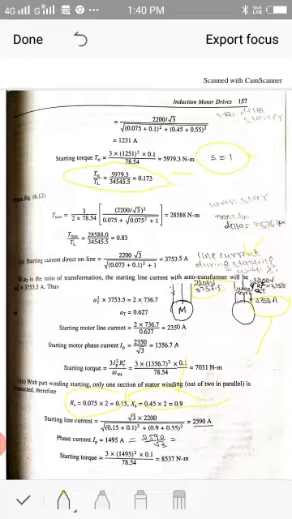Here the motor is directly connected in delta winding, only part winding is used, but it is connected in delta only. Okay, so I am going to get the current as 2590, and you need to be careful here that during starting only one winding is connected, so RS and RR dash values are going to change here. Okay, so this is what I am going to get. RS is 0.15 and RR dash is 0.1. RR dash is not going to change here because it is the rotor resistance. Okay, rotor resistance will remain the same.